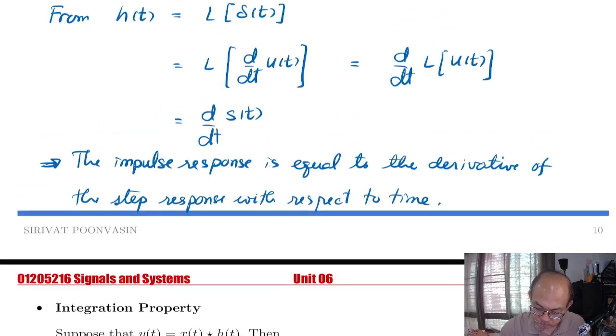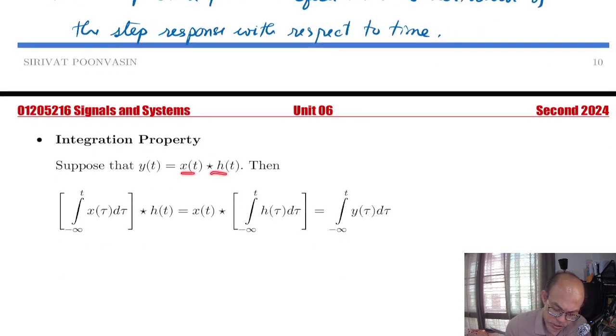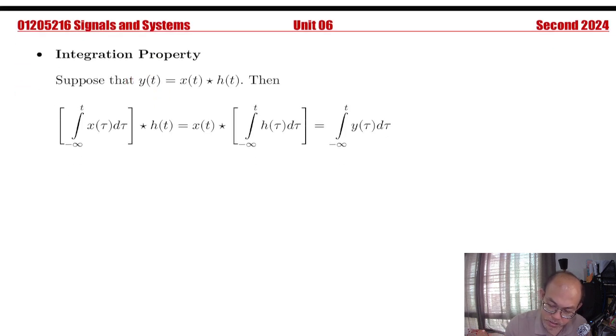Okay. Now the next property is called the integration property. If we know that the convolution between x and h is y, then if we integrate x and put it into the system, the result will be the same as performing the same integration on the output y. So using diagrams, we have